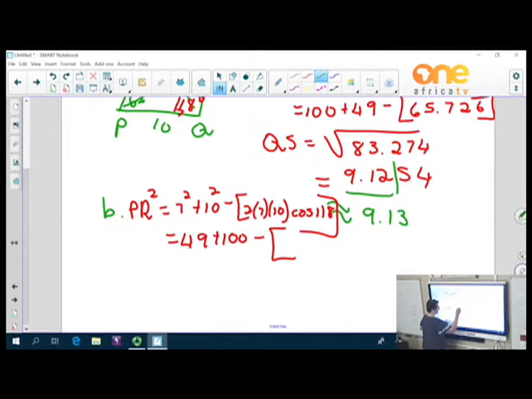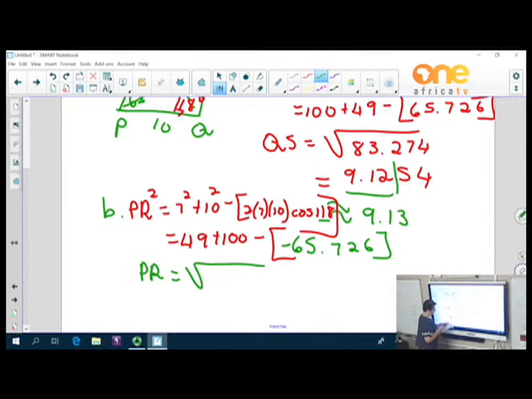We'll have a negative value there because of that obtuse angle. So it's negative 65.726. So PR is equal to, I need to get the square root there. So it's 49 plus 100 plus, a negative times a negative is a positive,